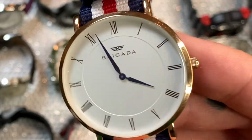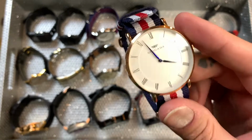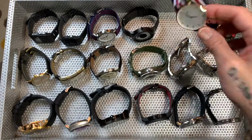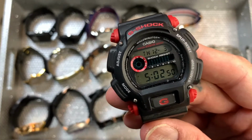This has got those kind of blue hands. It's got that really clean dial. I like this watch a lot, and it gets a lot of wrist time for me. Very cool indeed. And finally, last one in my collection here that every watch owner should have is my